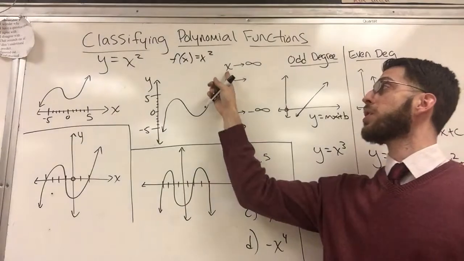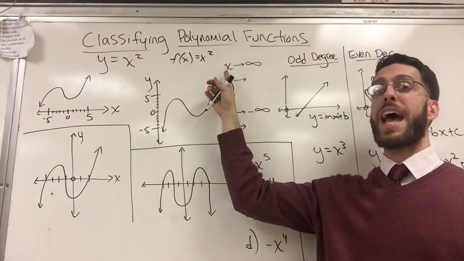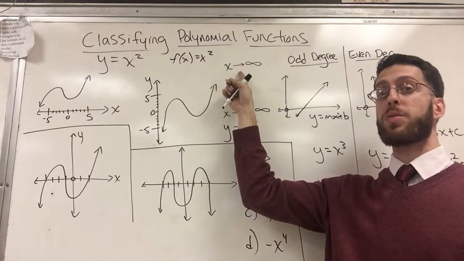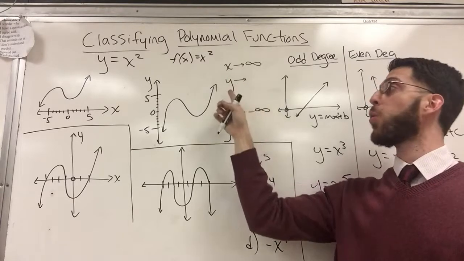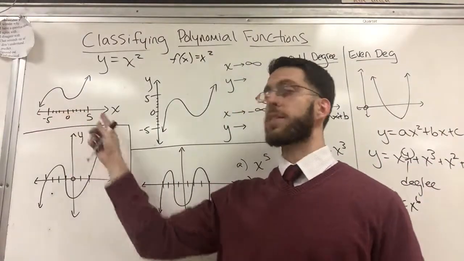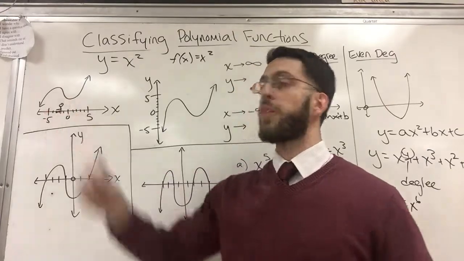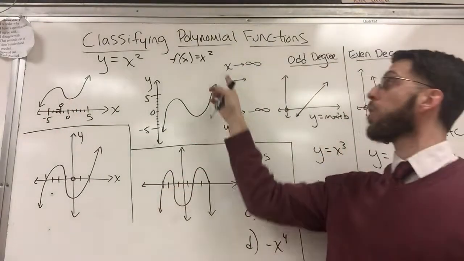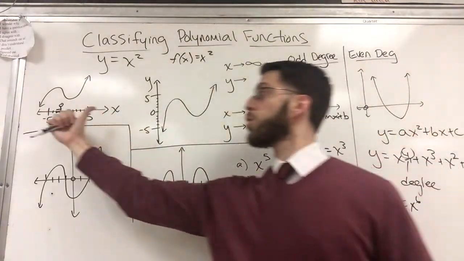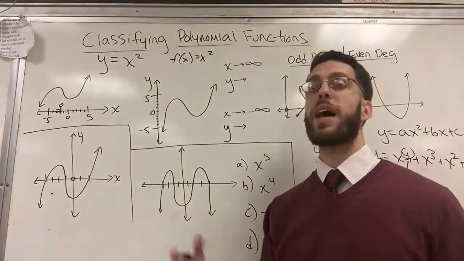You get the notation looking like this. What does that mean? If you read it out loud, this says, as x approaches, arrow means approaches, as x approaches infinity, what is happening to y? What is y approaching? So you go along your x-axis, you pretend you're actually there. This is you running on the x-axis. So as you run along the x-axis towards infinity, and positive infinity is this way,